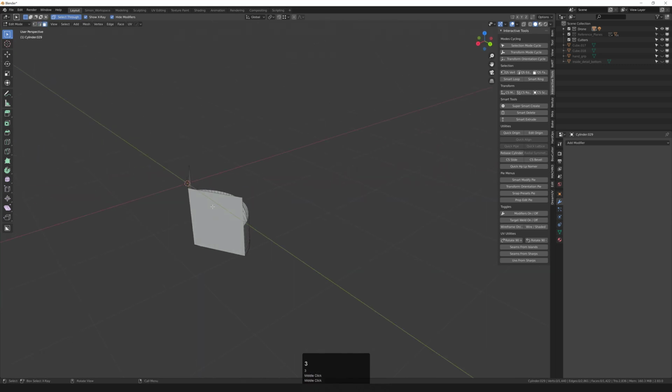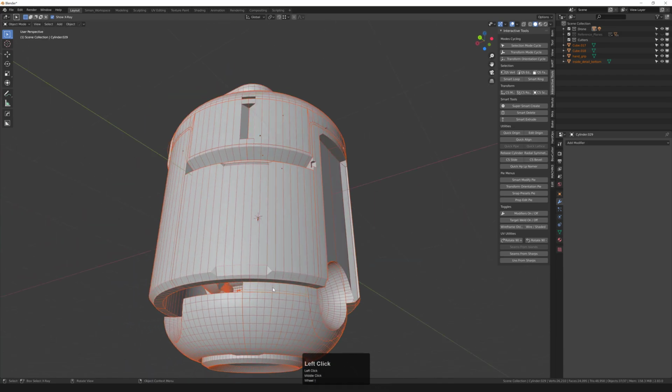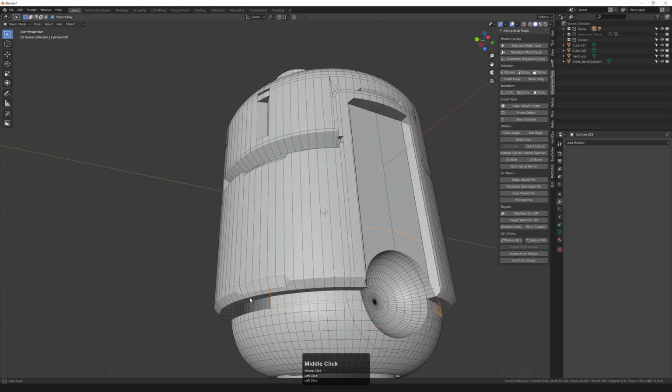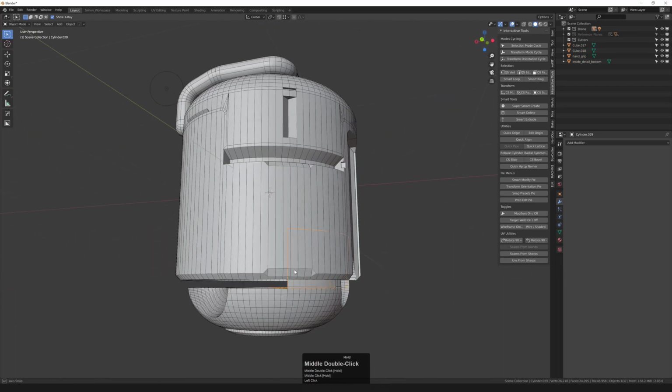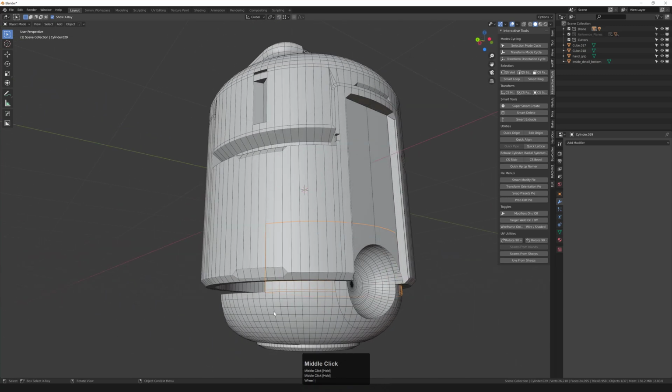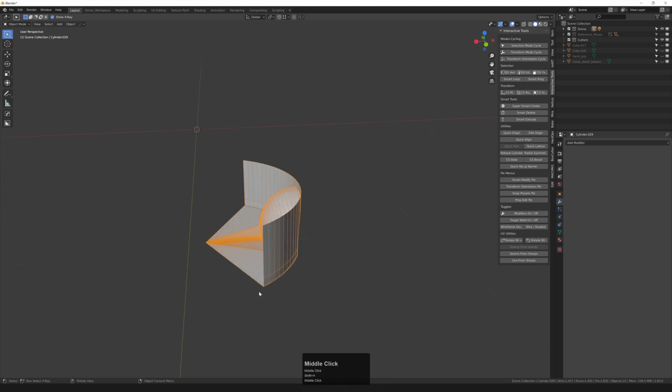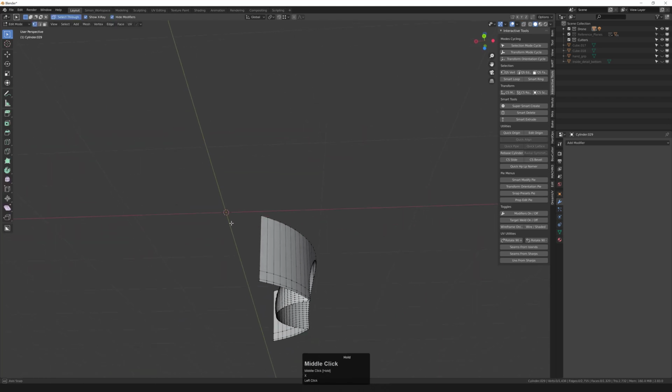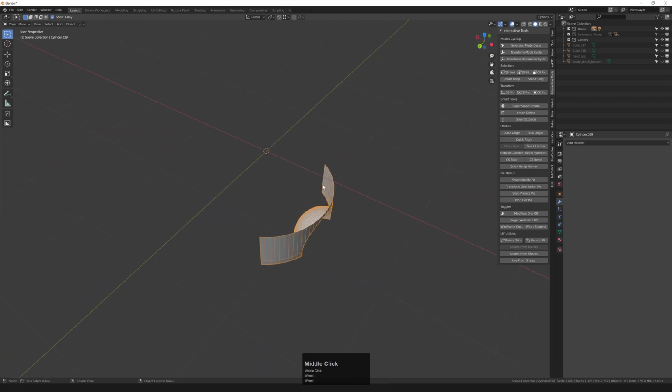And then honestly, now that I'm thinking, let's actually undo this really quick. I actually don't want a panel line here. I only want the panel lines down here. So we can get rid of all of this. And then all we need to do is Shift-D,